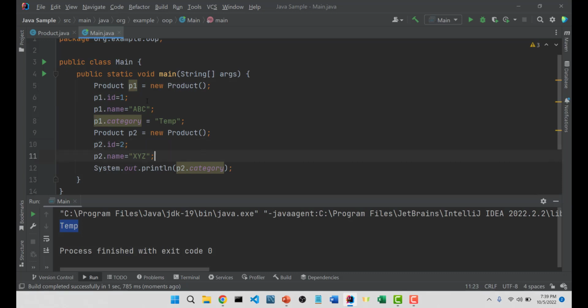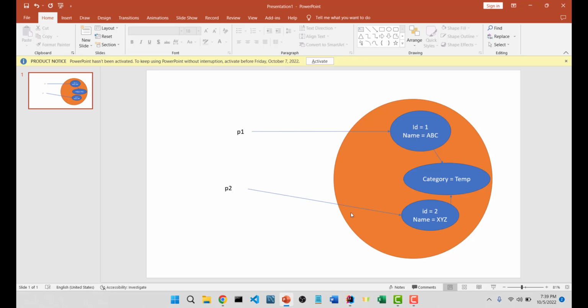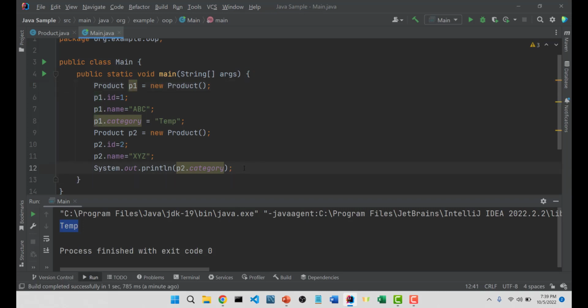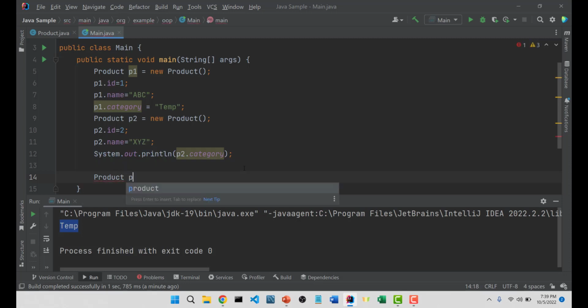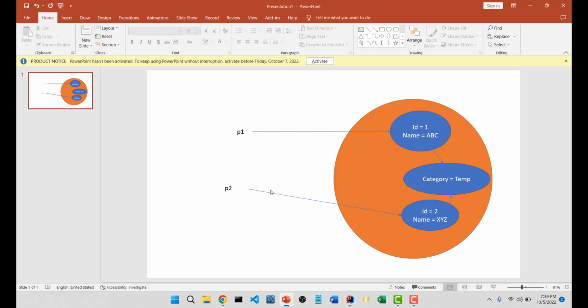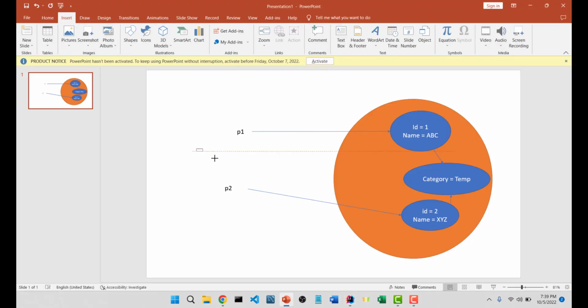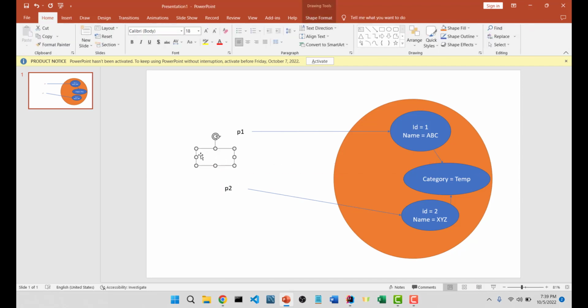Okay, so that is the static variable. Now let's discuss more about this reference variable. Here there are two reference variables, p1 and p2. P1 is referring one object. P2 is also referring another object. Now I can create one more reference variable like this, Product p3 is equal to, let's say, p1. So here what is going to happen in the system, there would be a third reference variable created like this. Let me create the third one,